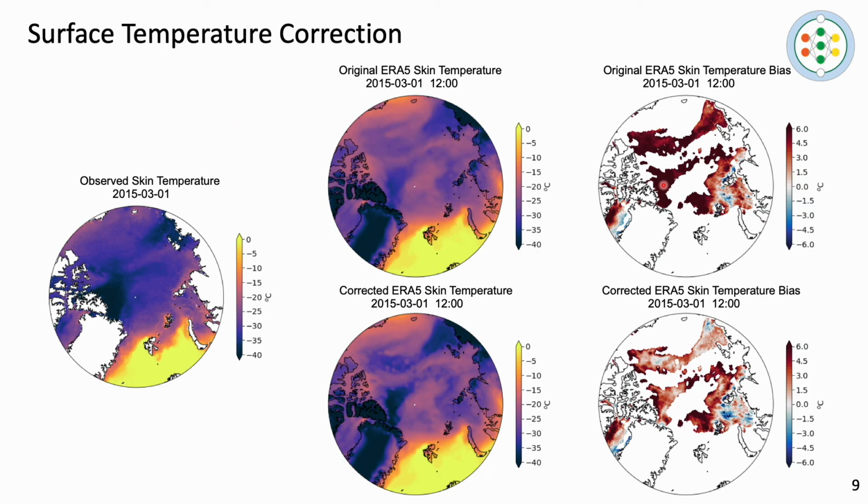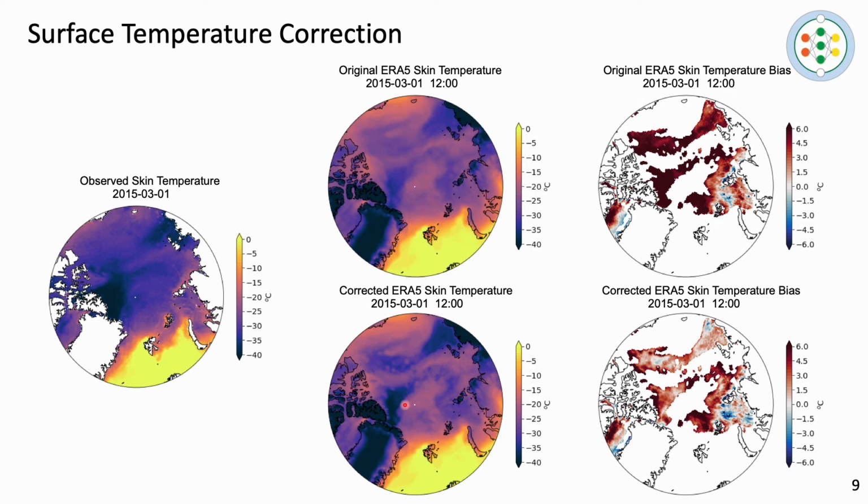Now, if we go back to the reanalysis snapshot that I used as a case study for this presentation, we can see how the correction acts in clear sky regions. So we can see a clear bias reduction, particularly in those regions experiencing colder temperatures in the interior of the Arctic. At the same time, we can also observe other regions where the bias is not reduced at all, or where we also have a slight degradation of the reanalysis temperature compared to the observations.